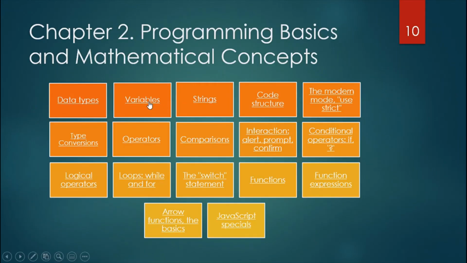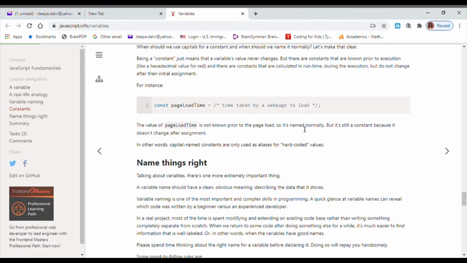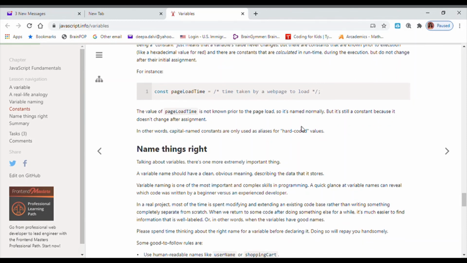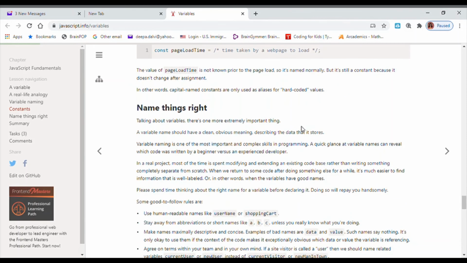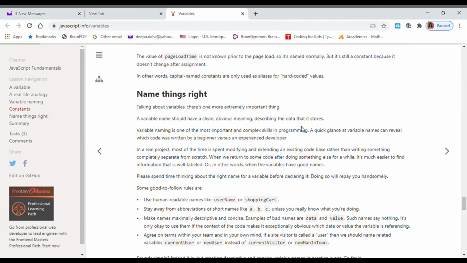Now what are variables? If we click here, we'll go to another window. Variables are very much used in our day-to-day life for making our programs sensible, technically as well as syntactically. Talking about variables, there's one more extremely important thing.